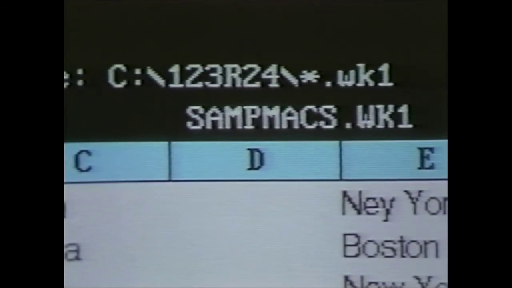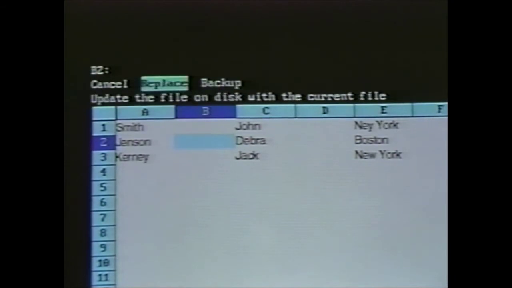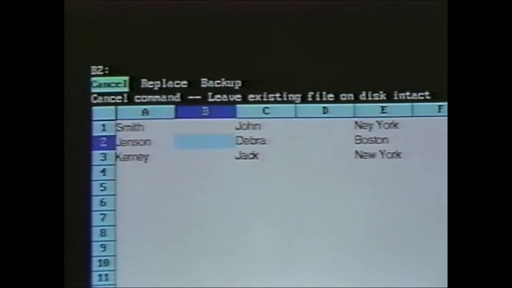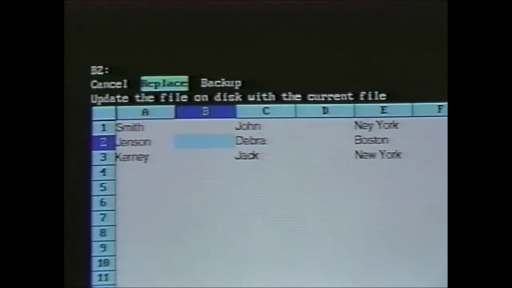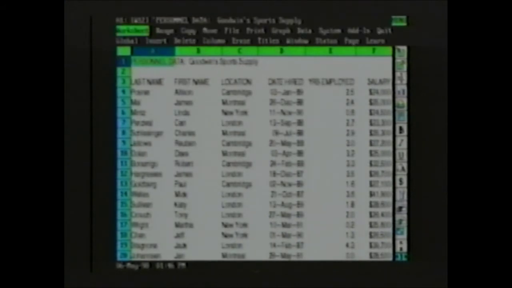If a file with the same name already exists in the directory, a message will appear on the screen asking you to cancel, replace, or back up. If you don't want to overwrite the existing file, choose Cancel and save the new file under a different name. If you want to write over the old file, choose the Replace option. If you want to keep the original file as a backup for the new one, select Backup. Lotus will give the new file the WK1 extension, and save the old file with the same file name,